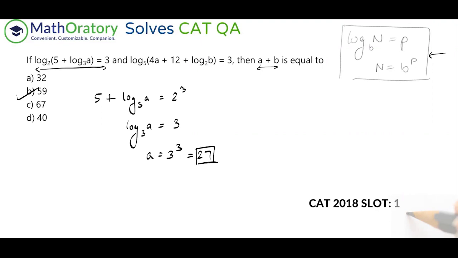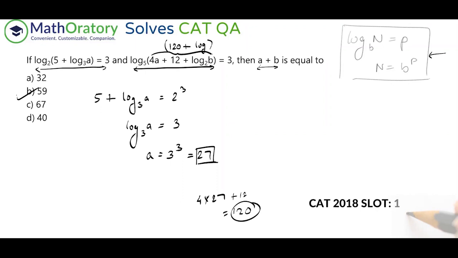So A is 27. Now, once you know A, we can utilize that A here, right? So this part, I'm doing it separately. I'll just show this to you. 4 into 27. By the way, when I calculated 4 into 27, what I did was 4 into 25 is 100, plus 4 into 2 is 8. So this is 108. So 108 plus 12, which is 120, right? So this is 120. And also now let me apply that log thing here. So I'll just mark this for your convenience. So this bracket part is 120 plus the log. I'm not writing the whole thing, but this is the one which we have right inside the bracket.